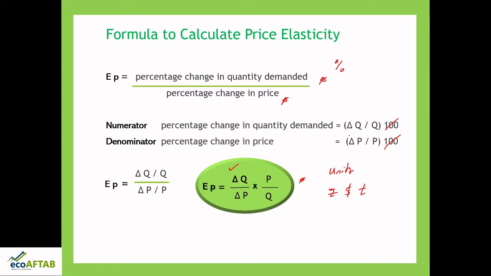Normally, when we make use of delta Q by Q, delta P by P and all those things, actually we are making use of the earlier formula only, but this is a more simplified form to use. So, henceforth in all my examples we will be making use of this simplified formula for understanding price elasticity of demand.